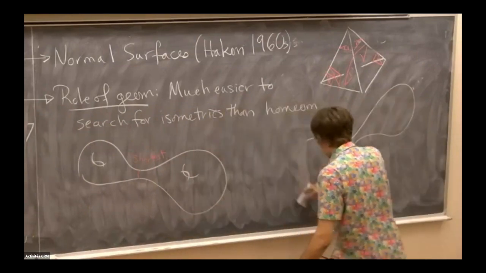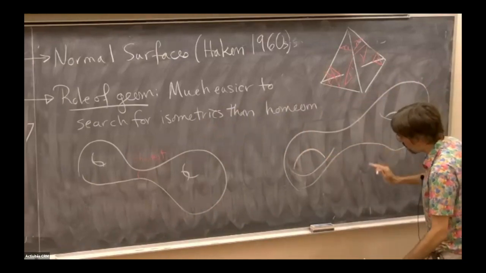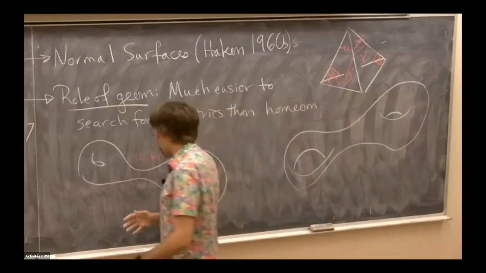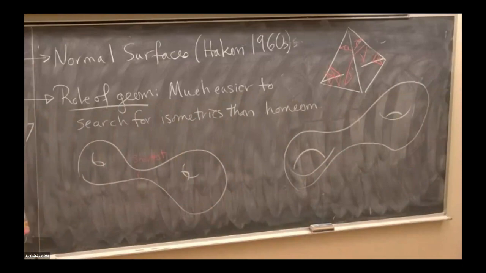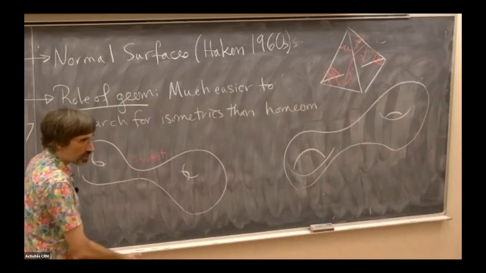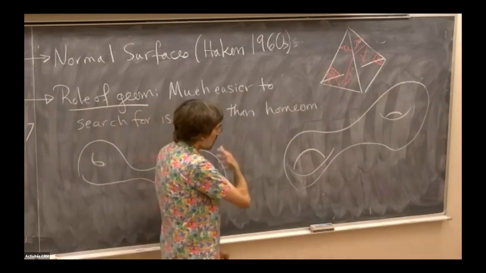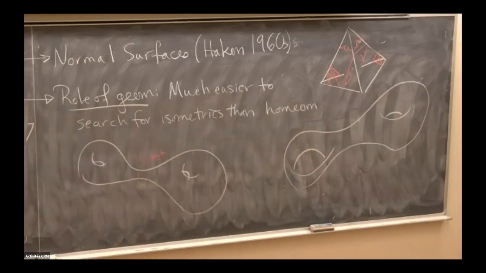Maybe I don't want to make it too obviously the same. Now, I realize these are homeomorphic, but it's the wrong dimension. Anyway, we're trying to see if this is homeomorphic to this. In particular, we want to either build the homeomorphism or know that we can't. Knowing that we can't is the hard part, right? Building a homeomorphism is just exhibiting a map, made of simplices or something, that transforms it into this, and you just check. The hard part is knowing that